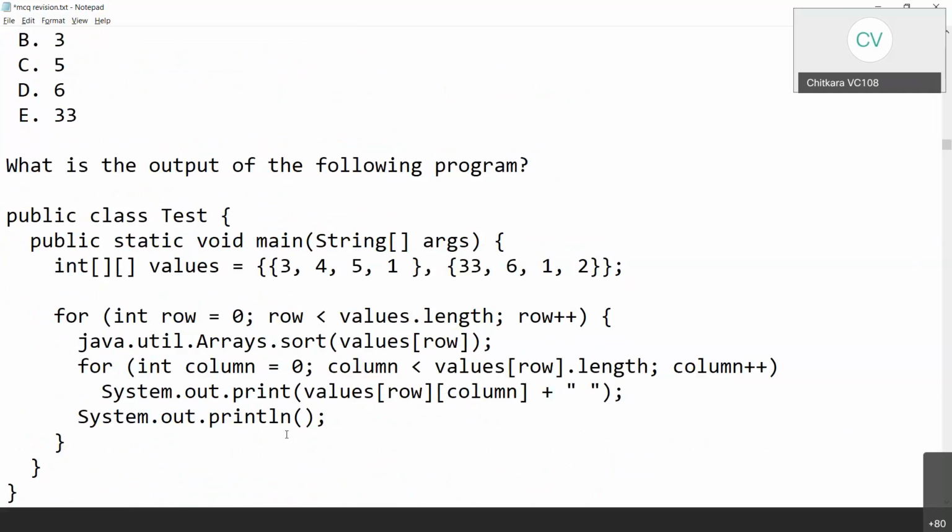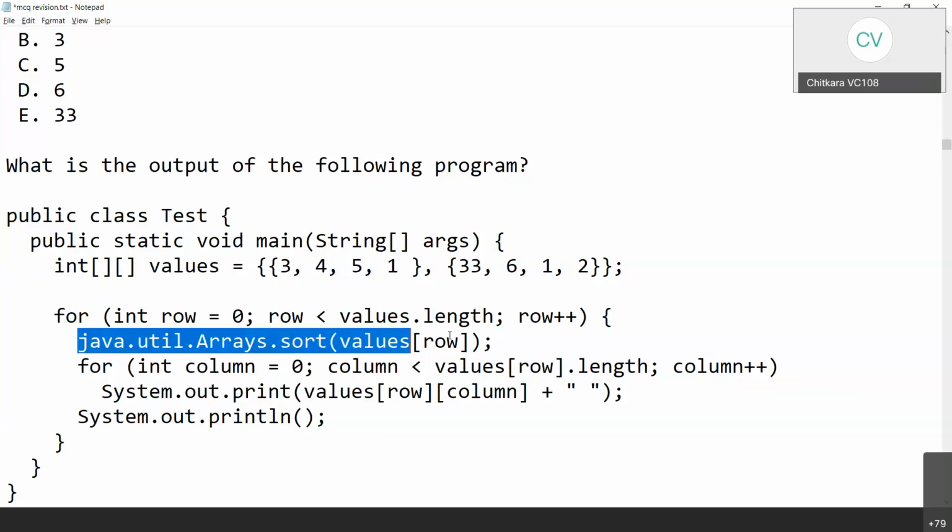If anyone asks you to sort the contents, you can use a trick. For example, assume that you're not in a position to edit it. Somewhere over here inside, you can type java.util.Arrays.sort. This sort function is available in java.util, which has a predefined class called Arrays, and this will be able to sort the contents. So this is a trick if you want to sort the contents.